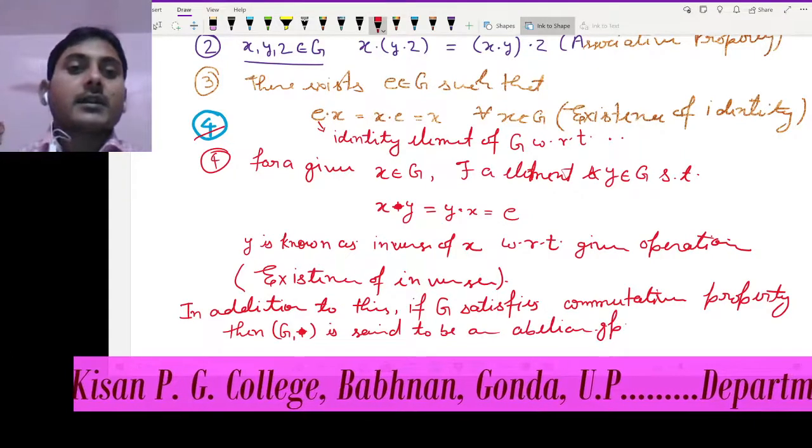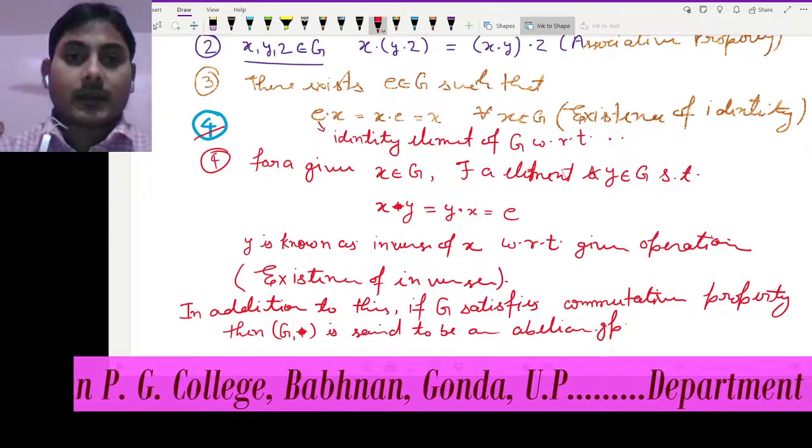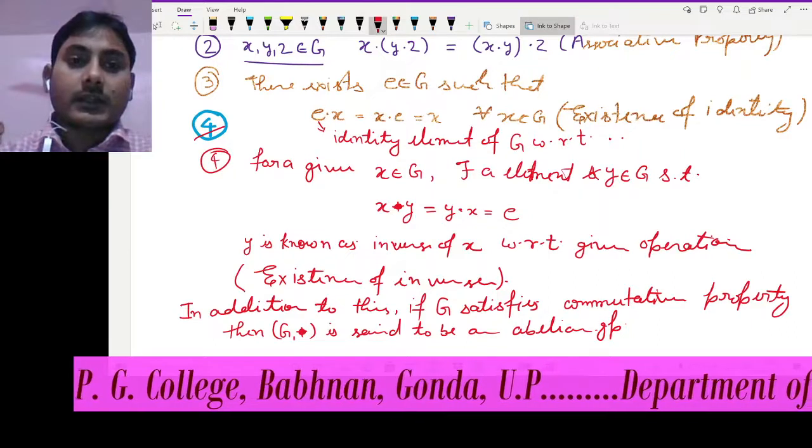So it means for G to be a group, it has to